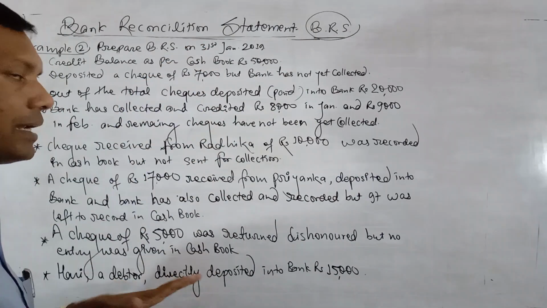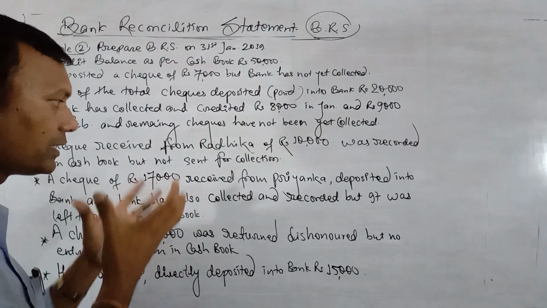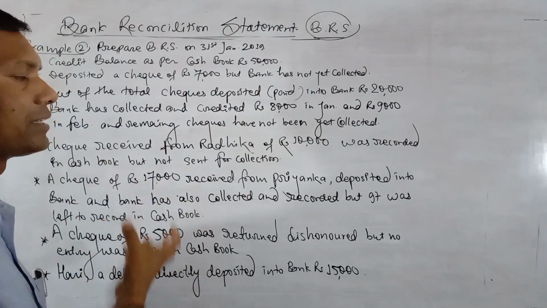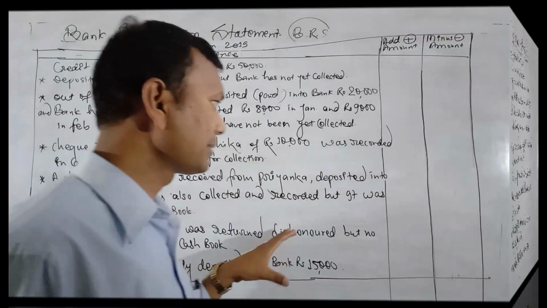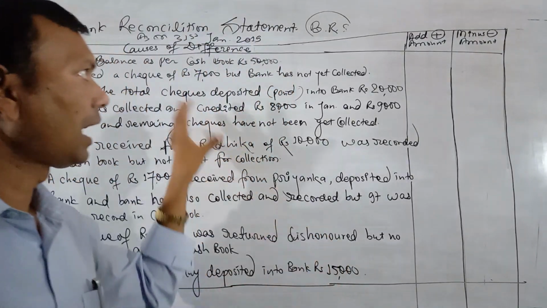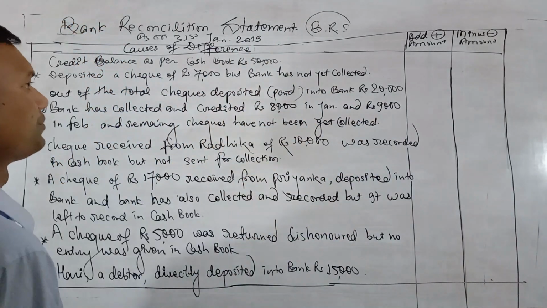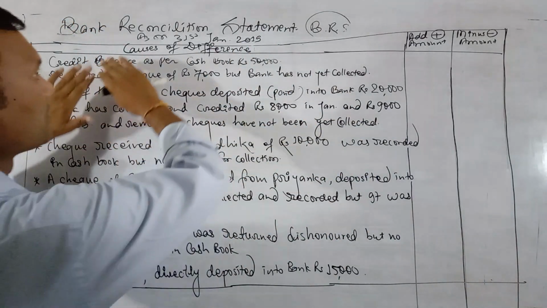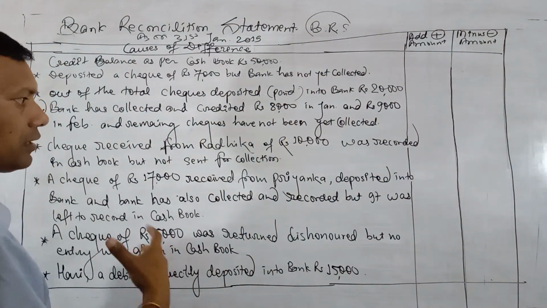These are the questions related to check deposit into bank and how these are creating the difference between the balance of cash book and the passbook. Let's see. I have kept all these questions in a format. Keep this question as usual. I have just drawn this figure, the diagram outside. You also have to draw the same in the same way.